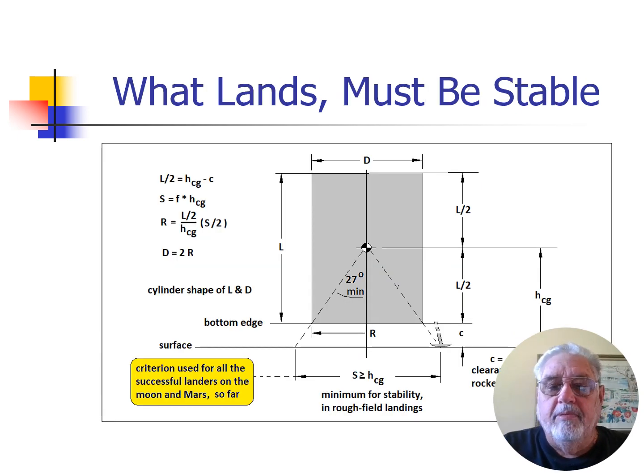All right, now we're going to be talking about what lands has to be stable for the landing. This has already been seen with some of the commercial landers that just tried to touch down on the moon, and they've had troubles because they were too tall. Nearly all the prior landers, the ones in decades past,